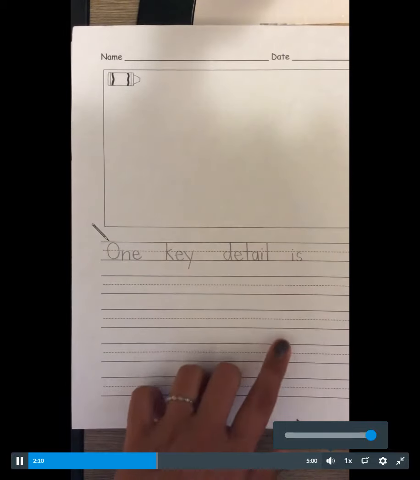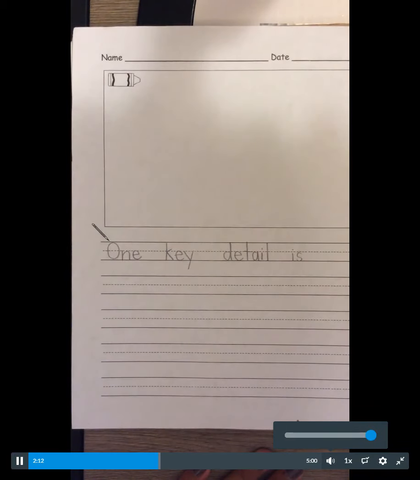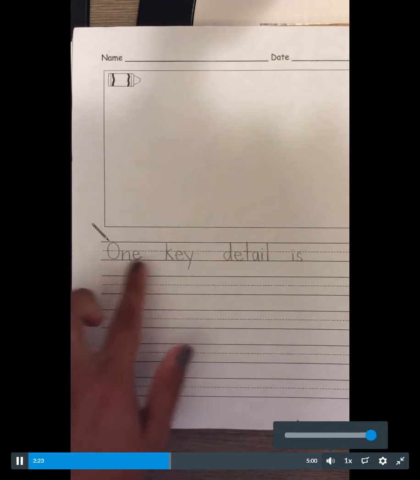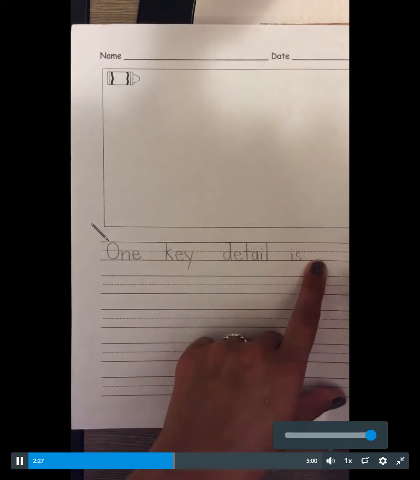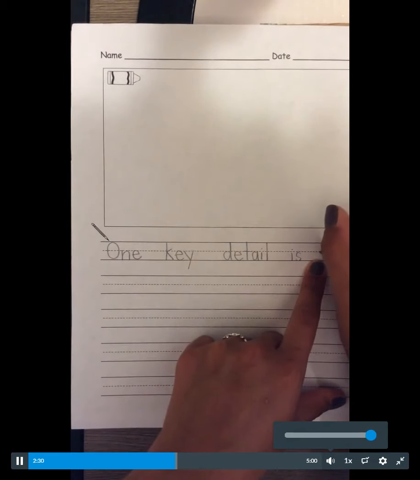Now, this part we get to choose. There were so many key details in the story that we just read together. I'm going to pick one for us. Again, you can copy exactly what I'm writing, or you can choose to write your own at this point. One key detail is that,